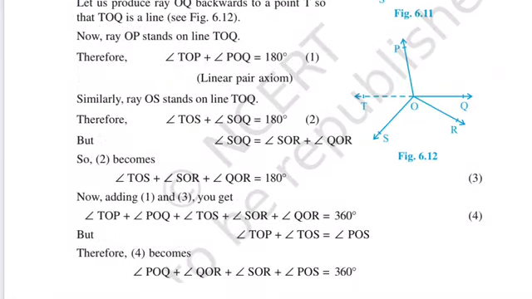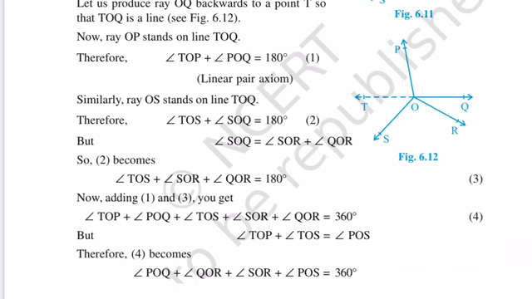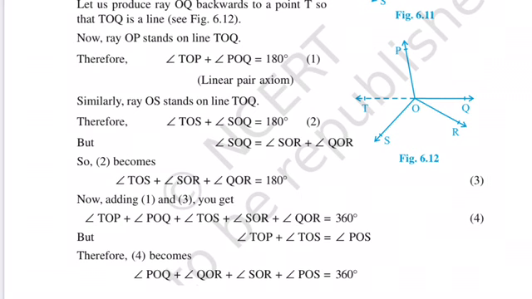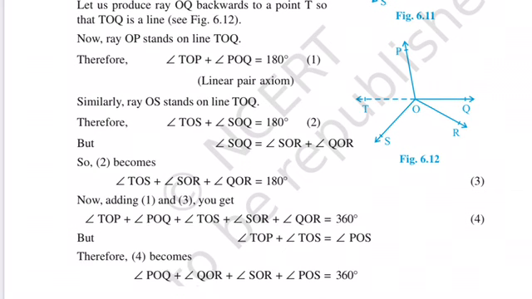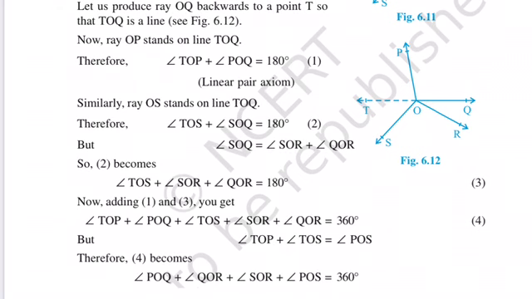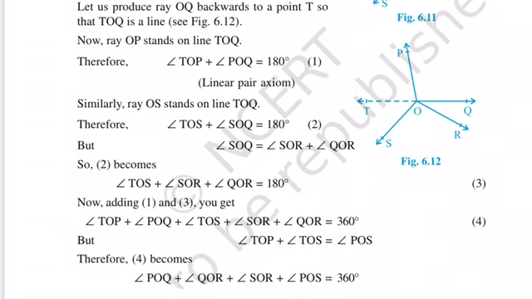We add LHS to LHS and RHS to RHS. The LHS becomes angle TOP plus angle POQ from equation 1 and angle TOS plus angle SOR plus angle QOR from equation number 3. On the RHS, equation 1 has 180 and equation 3 also has 180. So 180 plus 180 is